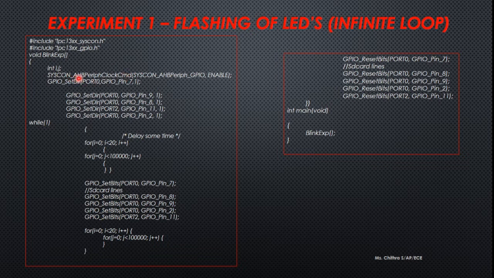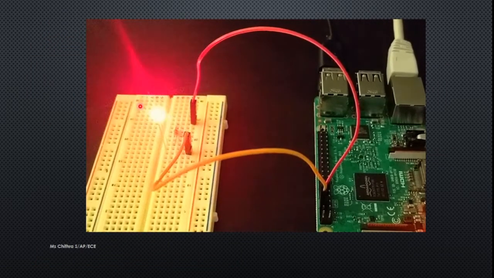And AHB is the ARM high bus. So ARM actually, if you study in depth about ARM, we will be knowing that ARM has two kinds of buses, the ARM low bus and the ARM high bus. Bus is nothing but a medium through which we are going to enable certain functions in the ARM. So we are using the ARM high bus command, meaning we are using the ARM high bus to enable the internal clock of your processor.